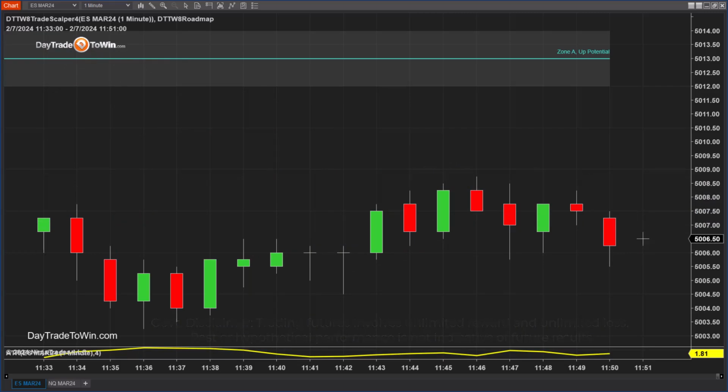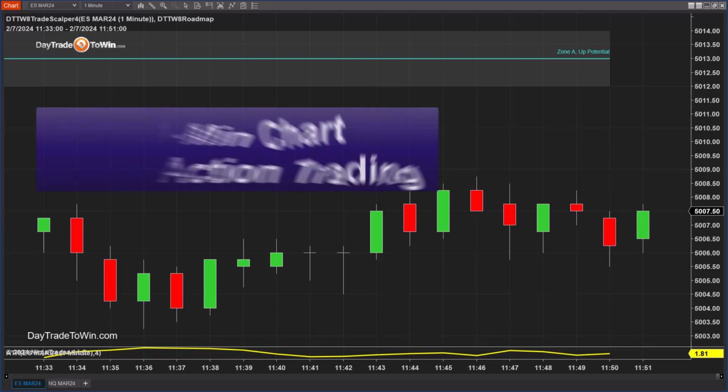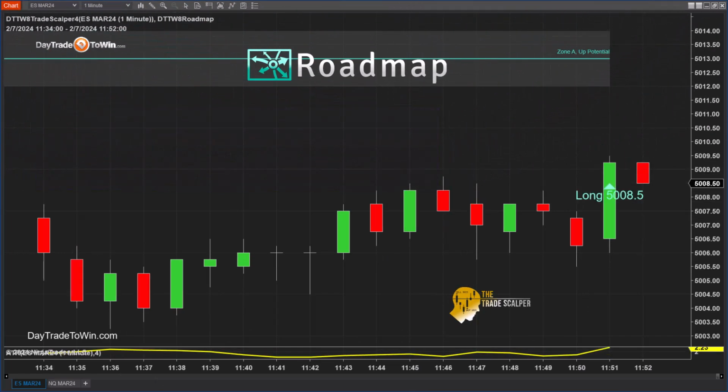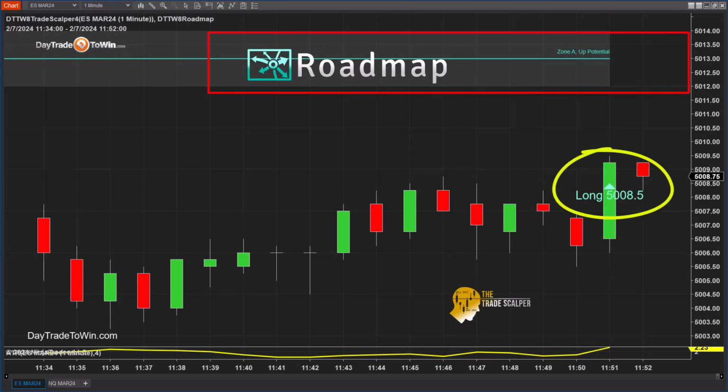We're looking at the financial markets, the E-mini S&P500, using a 1-minute chart. Those of you who are members, remember to join us every day in our live trading room. We have the roadmap software, price action based. It's that shaded area, and the Trade Scalper just produced a signal